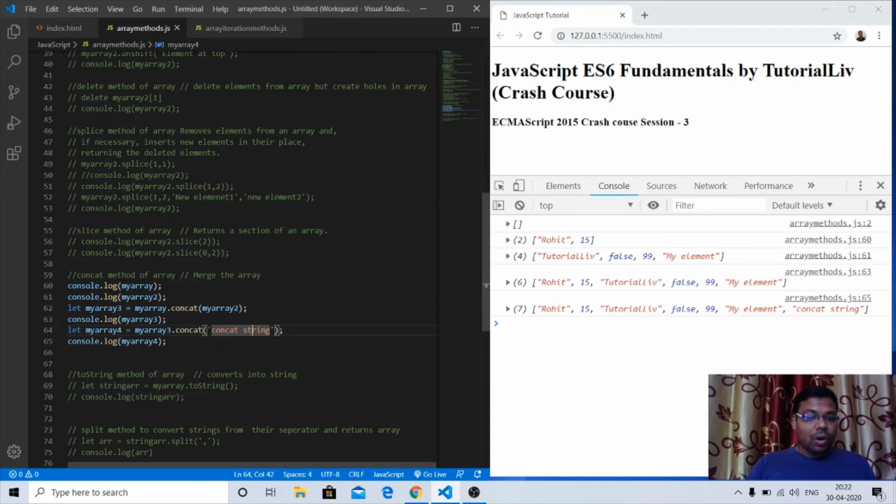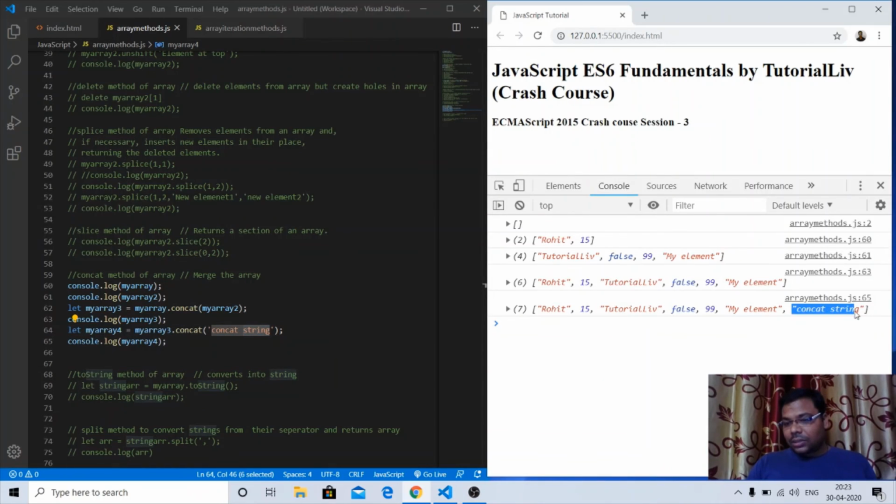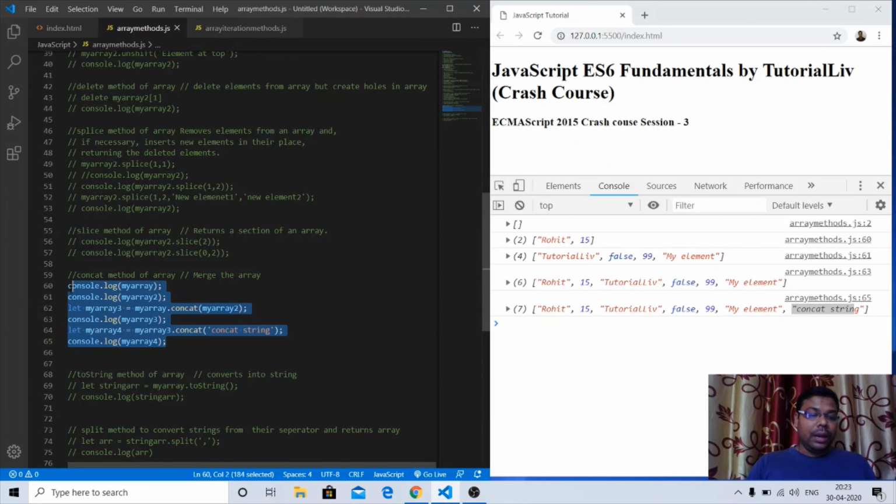Similarly, if I want to concatenate a string into the elements of the array, I will again call the concat method, and it will add this string as an element in the array. So it has added the string 'concat a string' at the last position. This is the way we can merge elements as well as arrays using the concat method.